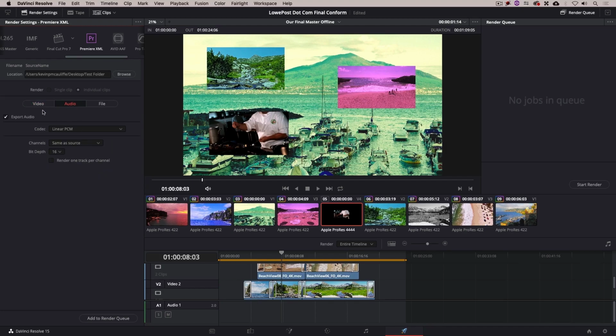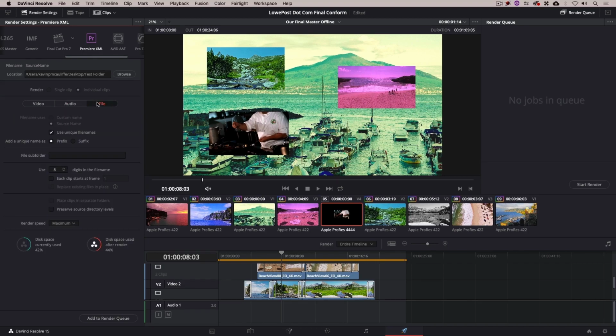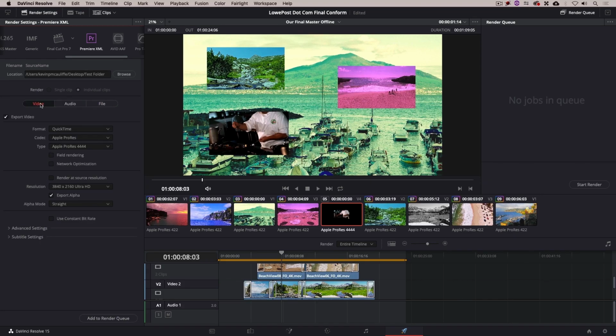Audio, there is no audio, but we'll leave it as being two channels with linear PCM audio. And as far as the file type that we're going to be exporting, it's going to use the source name, and we'll just leave everything else on the standard default presets. Okay. What we're going to do now is I'm going to come down and say add to